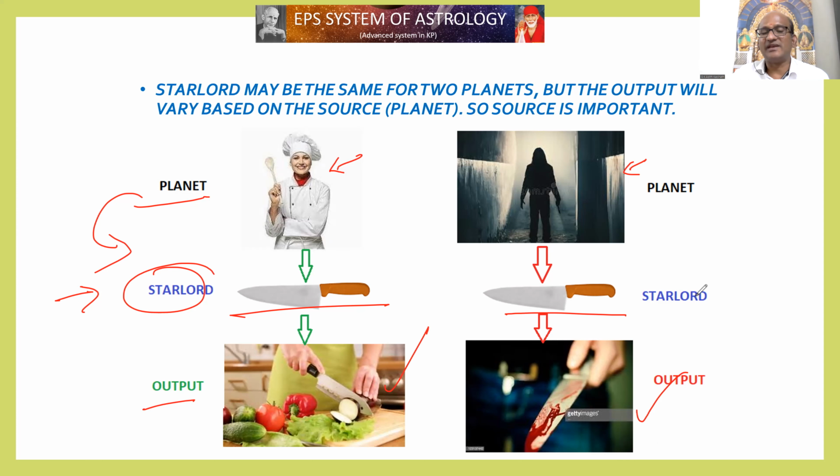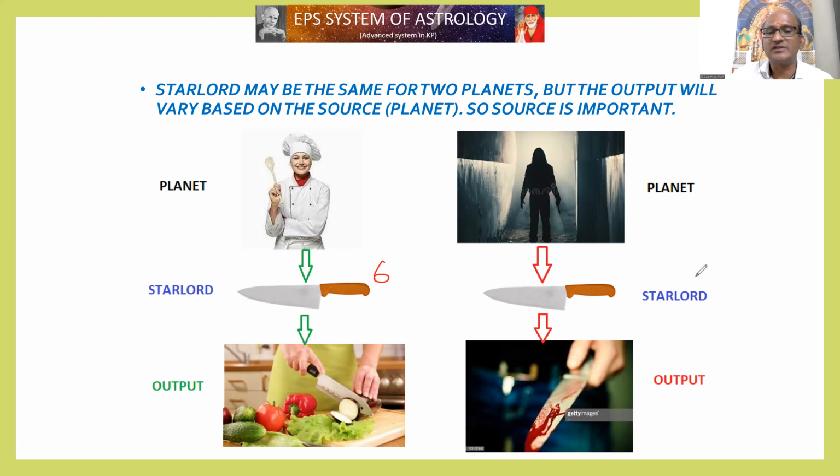So the Star Lord signification is going to be good. This is also the seventh signification, and this is also seventh. Or I will put it this way. Suppose this planet is signifying the sixth house, and this planet is signifying the sixth house. The planet is signifying 7. Suppose this planet is signifying 10. So what is going to happen, sir? Both are indicating the 6th house and, say, for example, the 12th house. See, this is also the 6th house and 12th house.